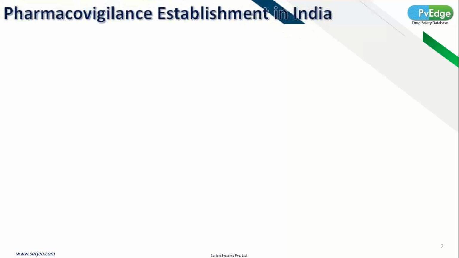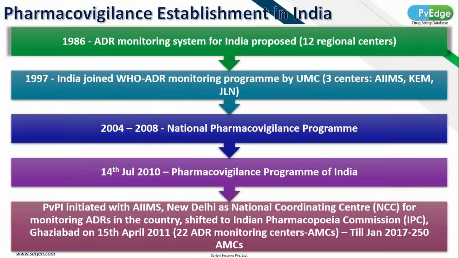Now, moving to the initial aspect, first we will try to understand the pharmacovigilance establishment in India, how it happened and how the structure was established. It started in 1986, with the first formal ADR monitoring system in India, where the government proposed around 12 regional centers for the collection of ADRs. But as time went on, there was very little response. Then the government recognized this, and in 1997,